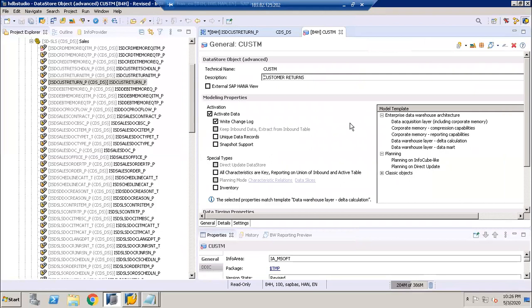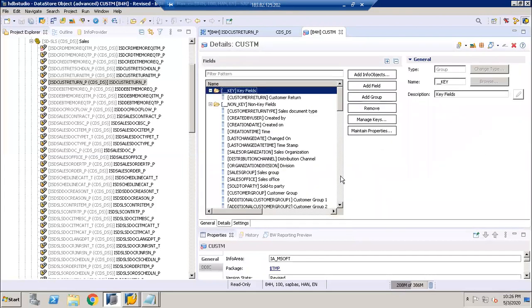Fine. Now I want my ADSO, because you know the features of ADSO in BW 7.5 on HANA and so on. The same features are applicable here, and we have a few more features that we'll be discussing in the next few sessions. So as part of this, I want to go with an ADSO of type standard DSO. That's why I have set activate data and with change log. Okay, fine, and go to the details.